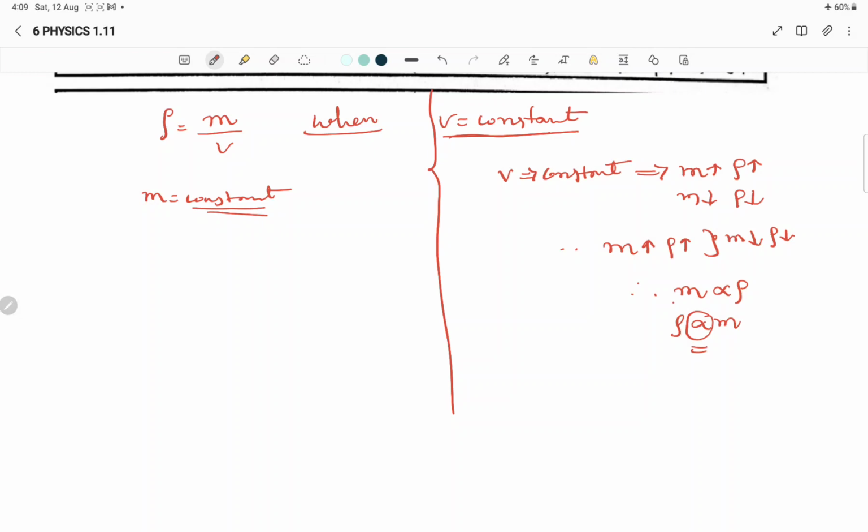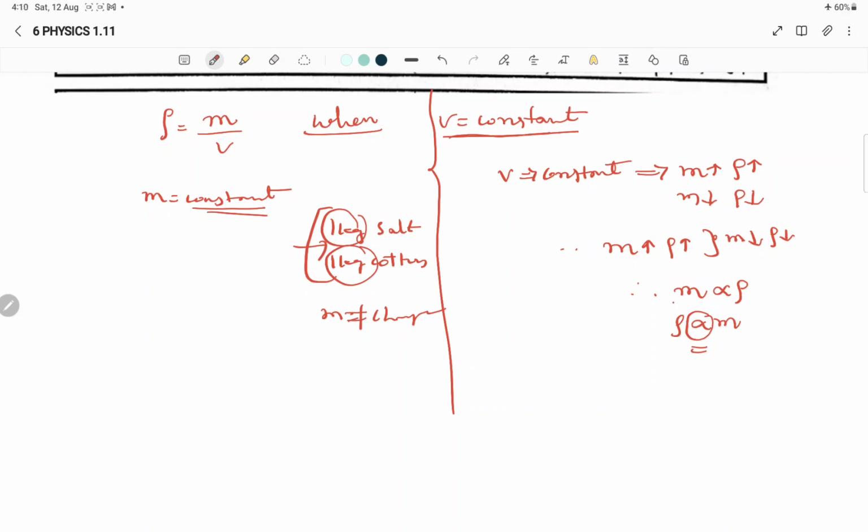See here, one example I am taking. 1 kg of salt and 1 kg of cotton. In these two we have to observe that mass is the same. Why? Because here also 1 kg mass, here also 1 kg mass, means mass does not change. Mass is a constant. When mass is constant, when you are observing, 1 kg of salt occupies how much